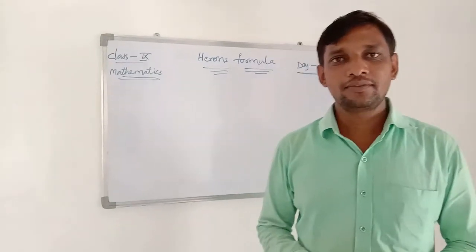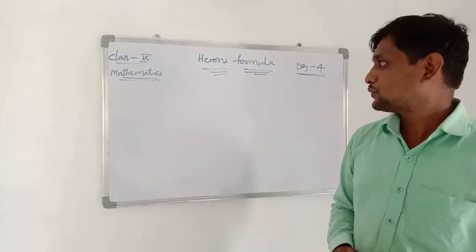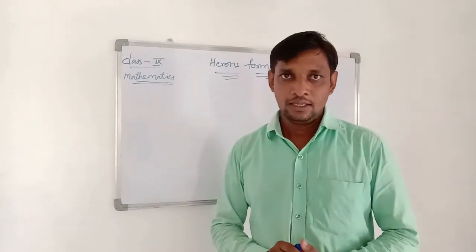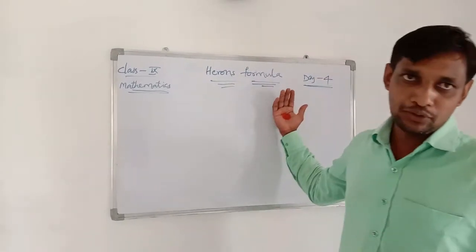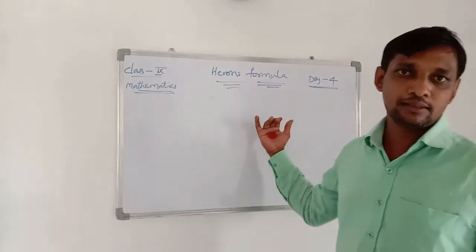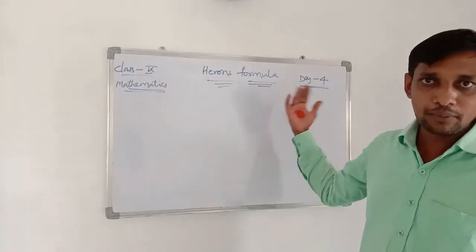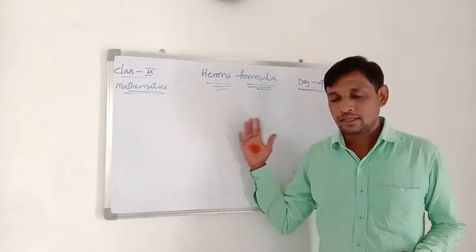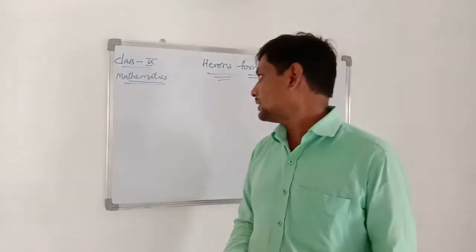In the previous class, we discussed the application of Heron's formula for problems 4, 5 and 6. I think you already understood where we are going to use Heron's formula in plane figures. Now in this class, we are going to discuss some more problems such as parallelograms, trapeziums and so on. Now we will start problem number 7.